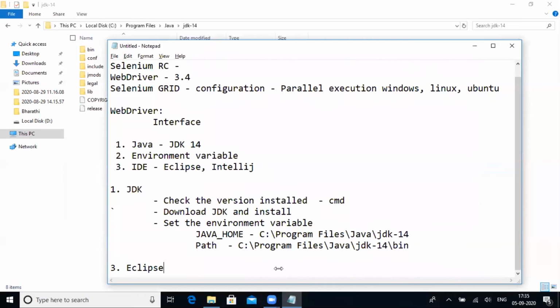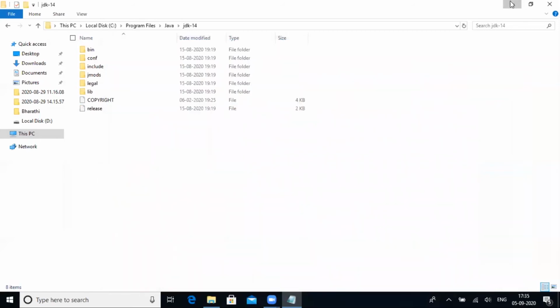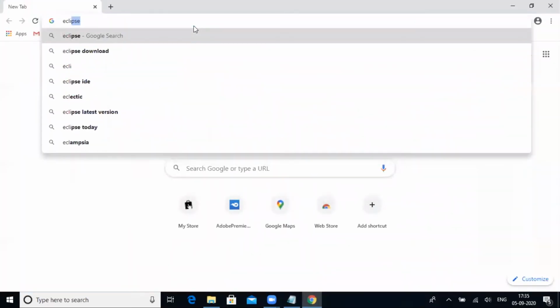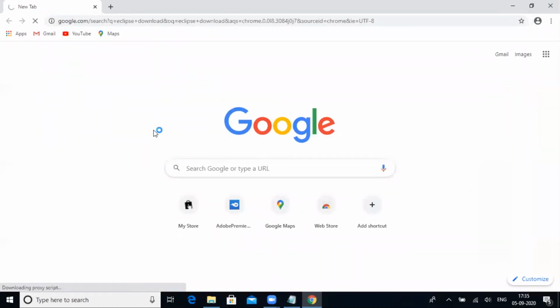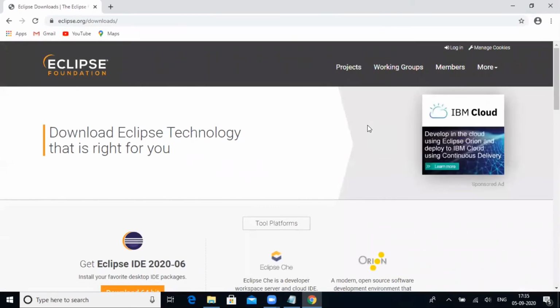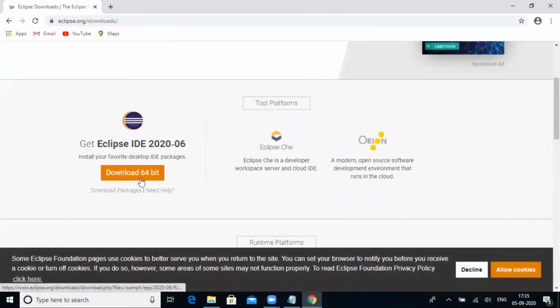Go to eclipse.org in the browser and download the latest version of Eclipse. Again, you need to check the operating system's bit. So this is for 64-bit.